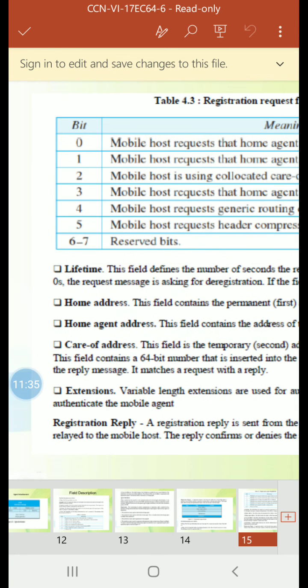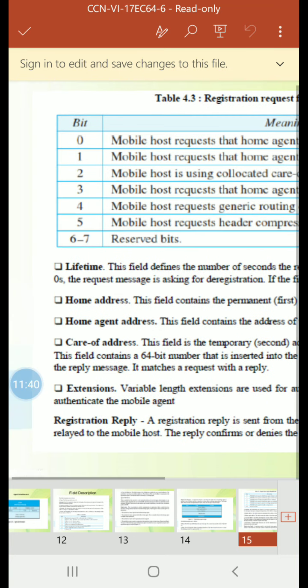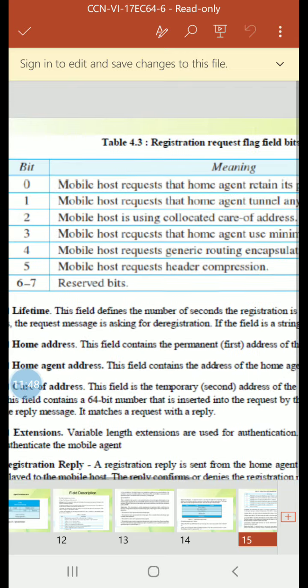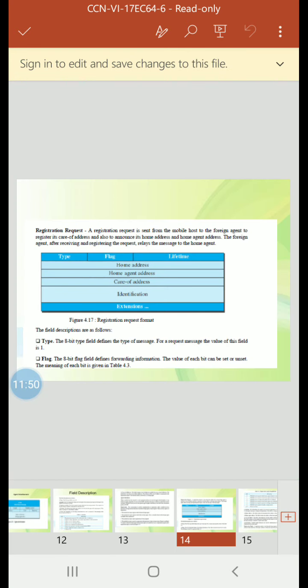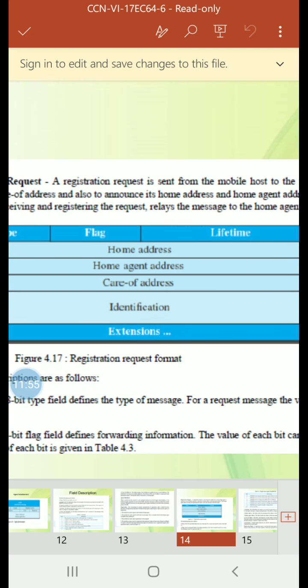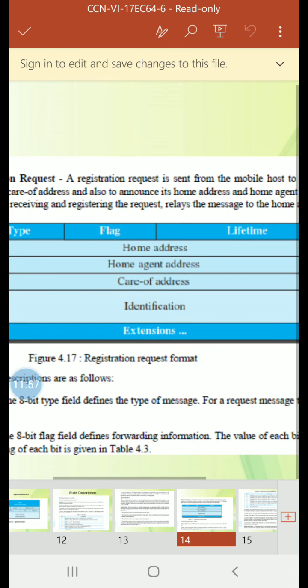Identification. You can see identification here. This field contains a 64-bit number that is inserted into the request by the mobile host and repeated in the reply message.